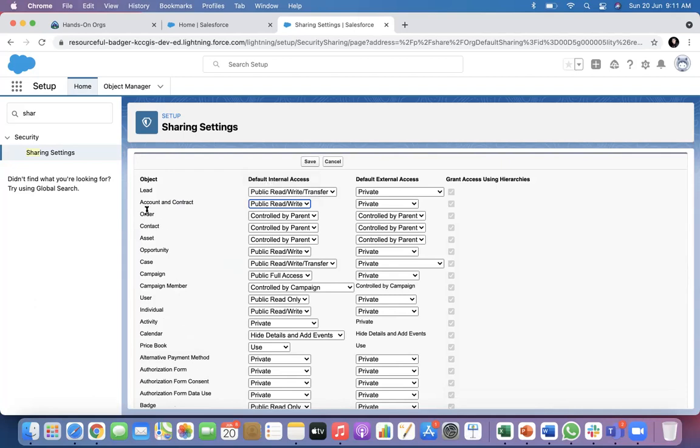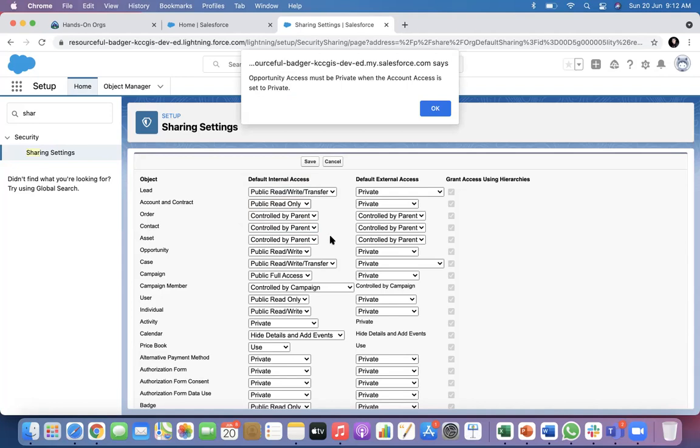If you go to a child object of account like contact, there is also the option control by parent. If I set it as control by parent, that means if the account is public read write, then contact is also public read write. If account is changed to read only, then contact also becomes public read only. If account changes to private, then contact is also private. Clear?